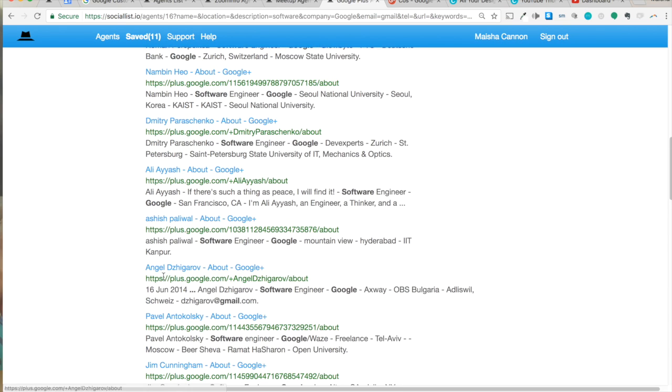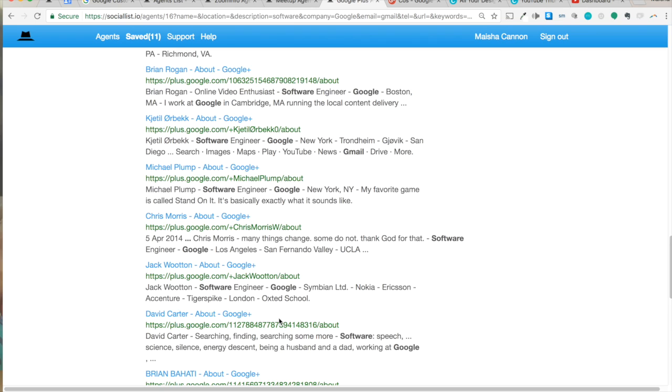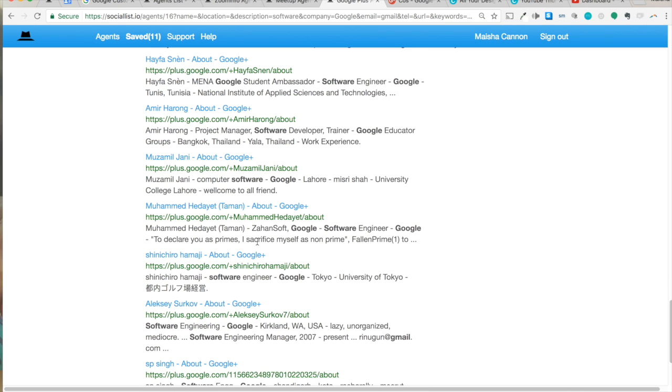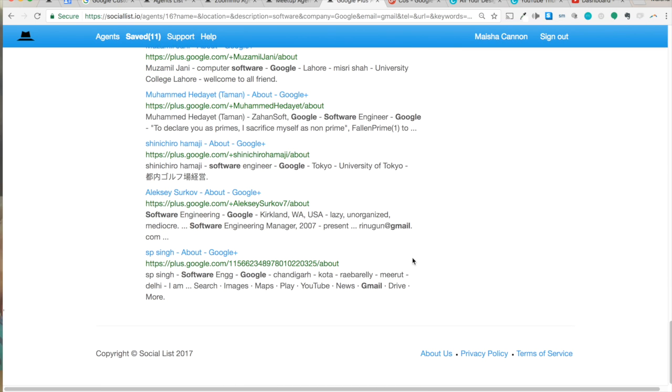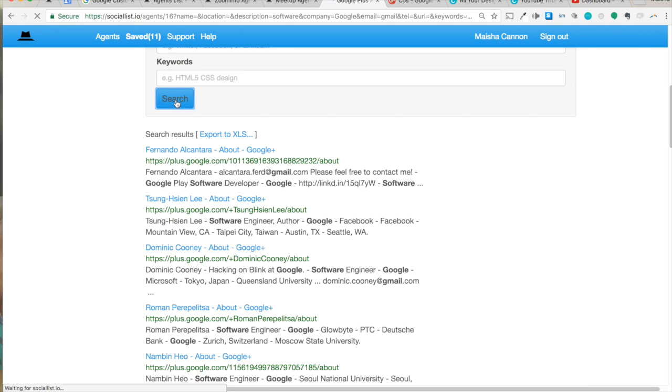So I still see software engineer. There's this actual gmail.com. So yeah, think about the ways that you can try to get more bang for your buck and use this tool. Another gmail.com here. Of course, I didn't specify a location. So if I wanted to get very precise, I could say San Francisco, maybe shorten my list up.